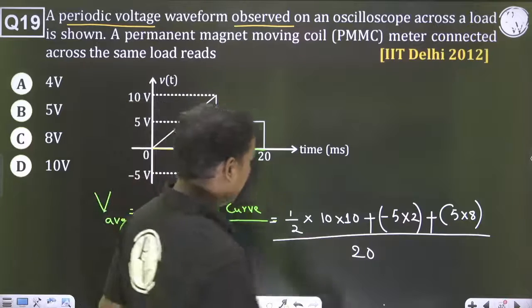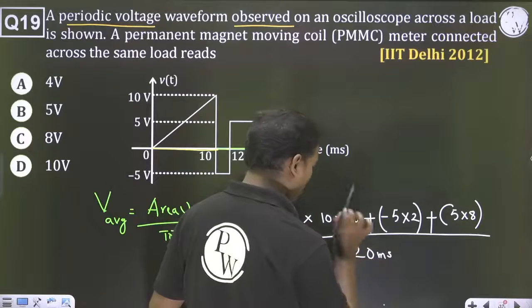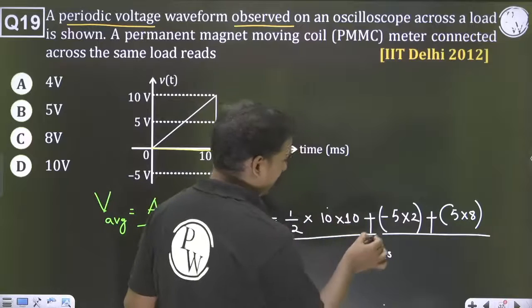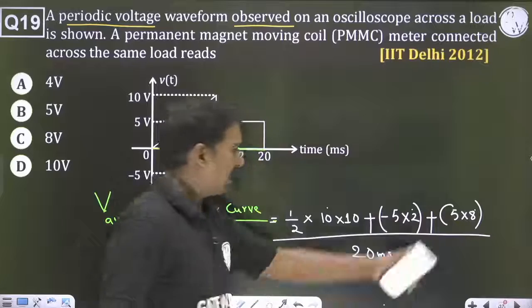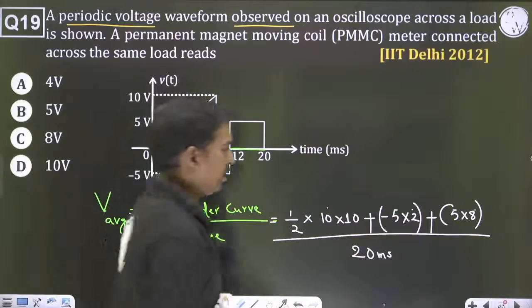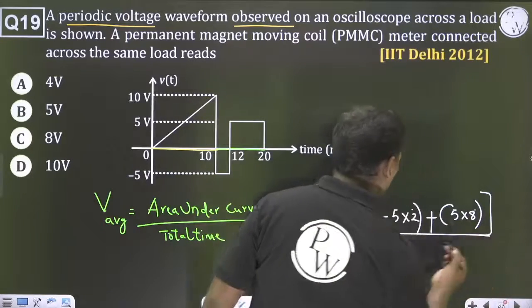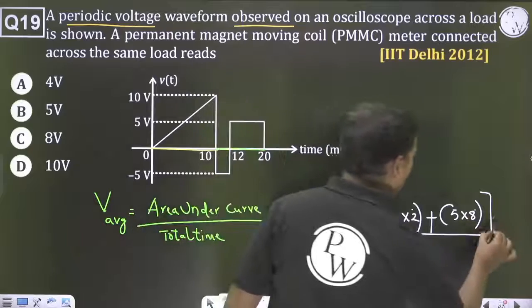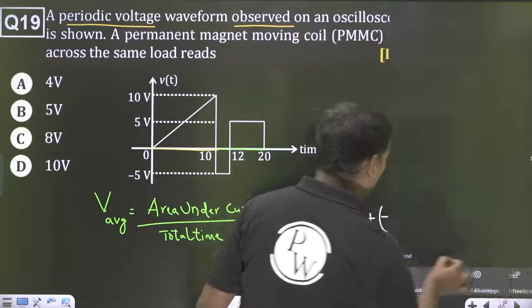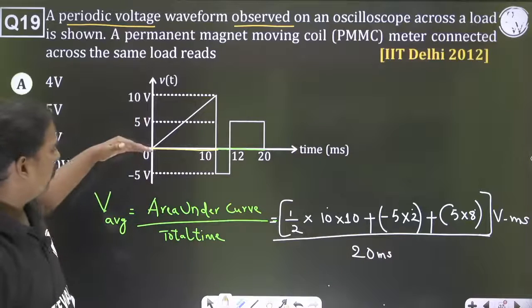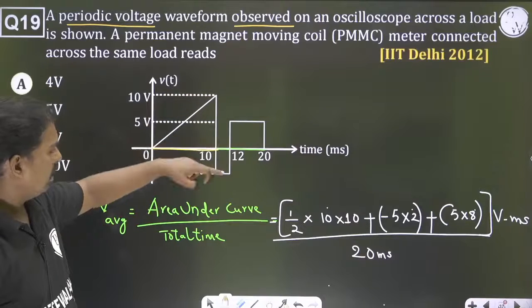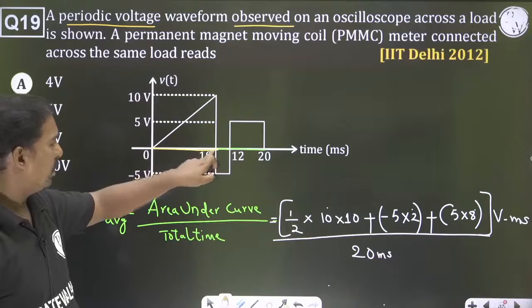This is milliseconds. So milliseconds, volts, milliseconds gets cancelled. The units are volt, millisecond, millisecond gets cancelled. Okay. That is the area under curve, half into 10 into 10, minus this distance is 12